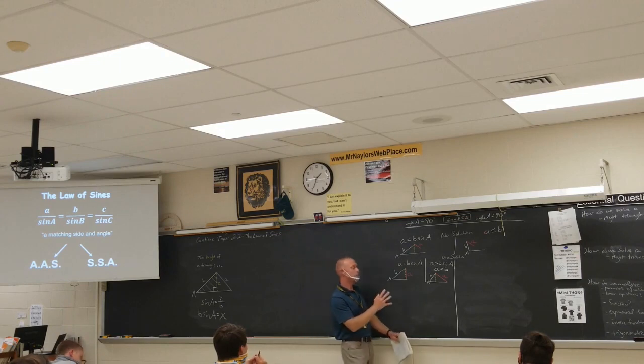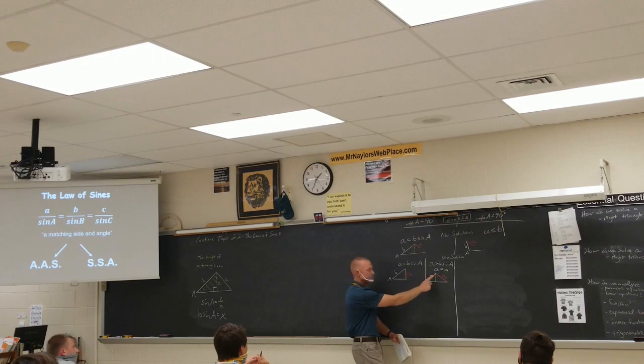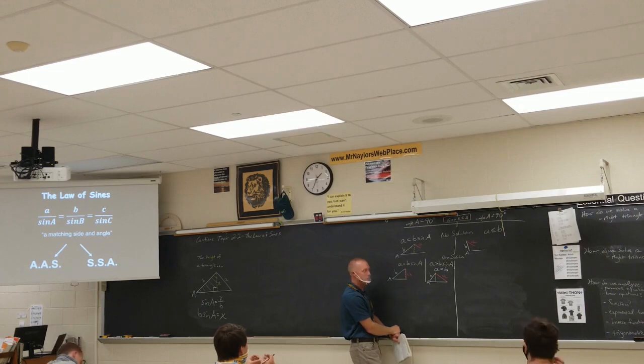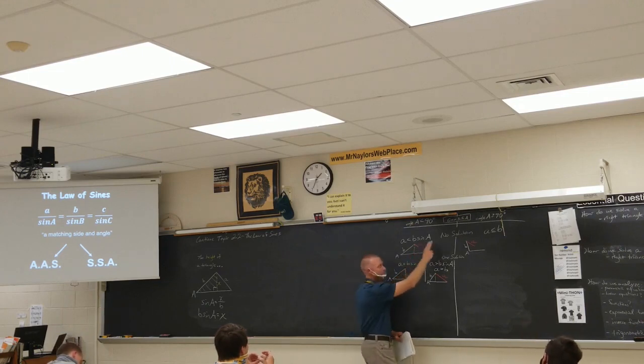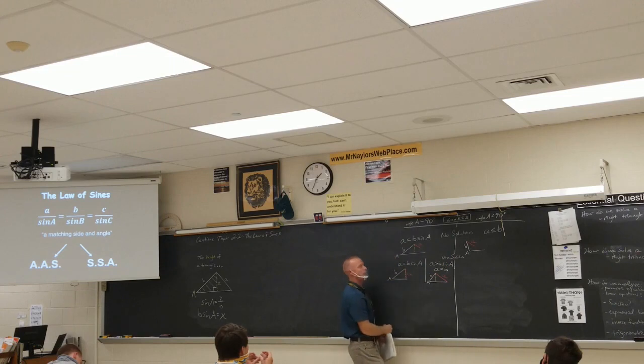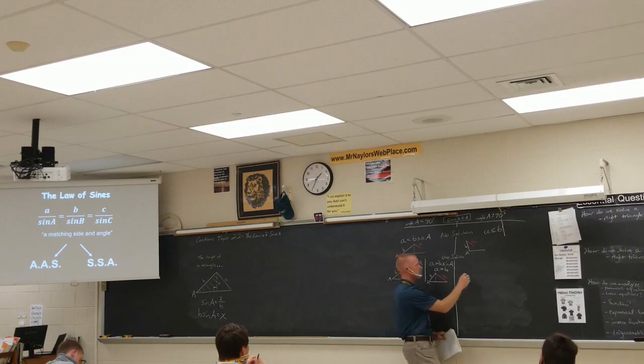But what you do need to understand is that if side A is bigger than side B, well then it's big enough. It makes a triangle. That's probably what most of you would think would happen had we not talked about this. But again, A might not be big enough. And then in a moment, we'll have another scenario. So keep building. Over here,